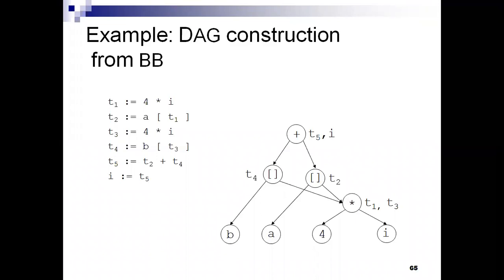What it means is, from the example, if you have a question like that, construct the DAG for the following block. Then first the optimized code can be generated just by traversing the DAG. Then the local optimization of the given blocks can be done. Given blocks means, here I have an example. See here, this is an example, right? And the local optimization of these blocks can be done.